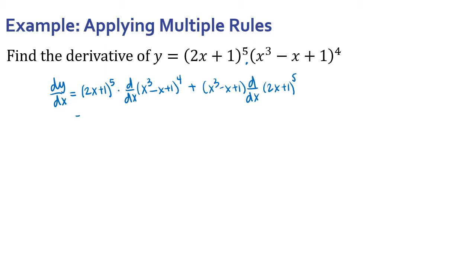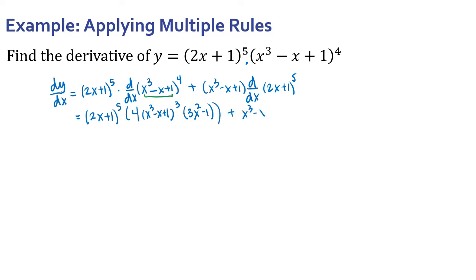Okay, so I've got 2x plus 1 to the 5th power here times, okay, so I'm going to have to apply the chain rule here. So I've got my inside function is this, and my outside function is just something to the 4th power. So I'm going to try to use that other way. So the other way was, it's going to be the outside function, so it'd be 4 something cubed, and that something cubed ends up being x cubed minus x plus 1 times the derivative of the inside, which is 3x squared minus 1,